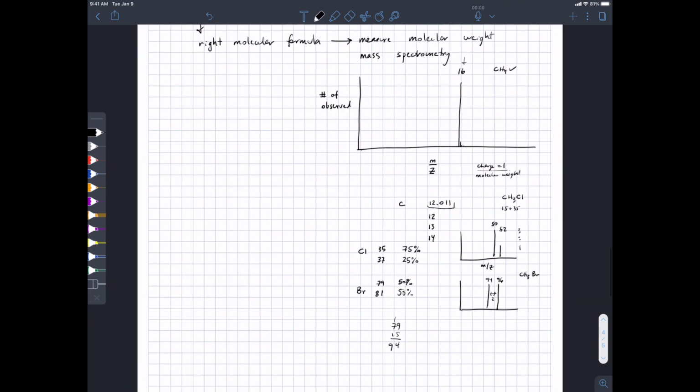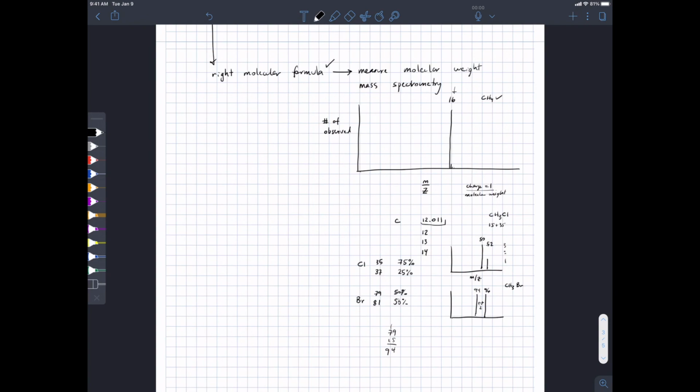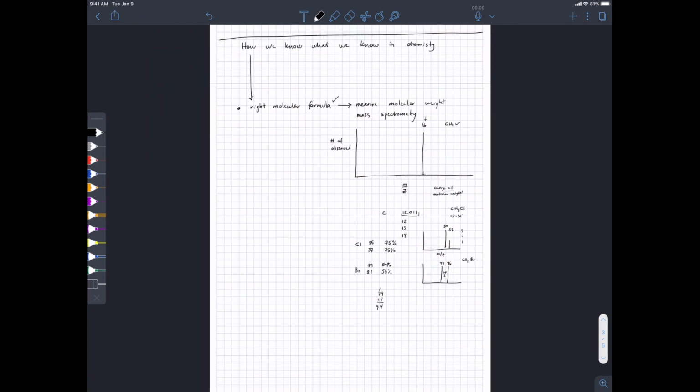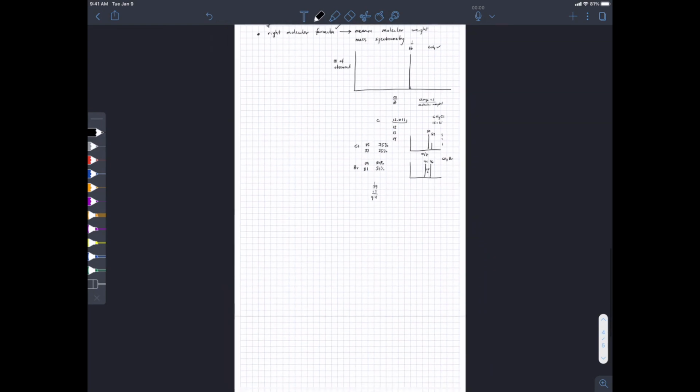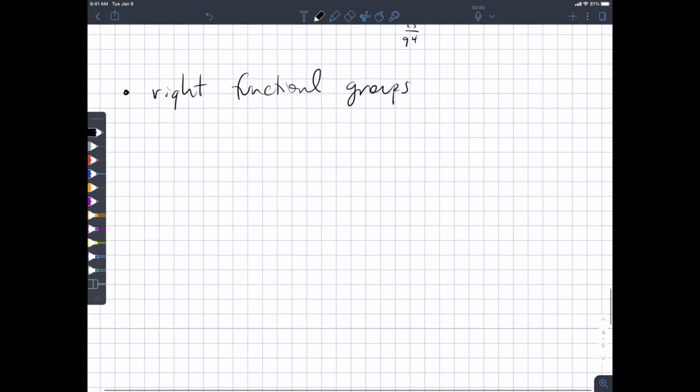As I said, mostly we're going to be using mass spec data to confirm that we have the right molecular formula. The other thing we need to establish when we're trying to identify a compound is that we have the right functional groups. So as an example, with the same molecular weight,